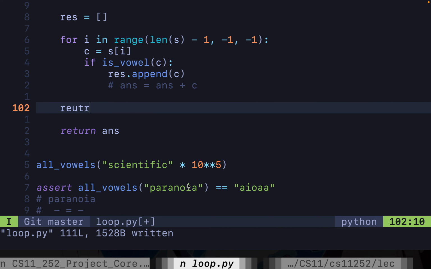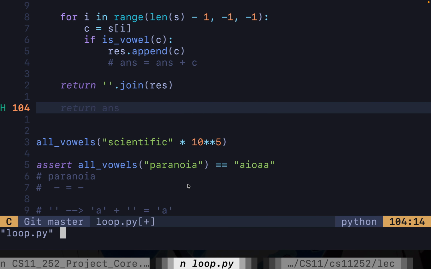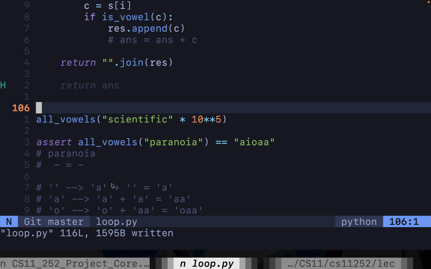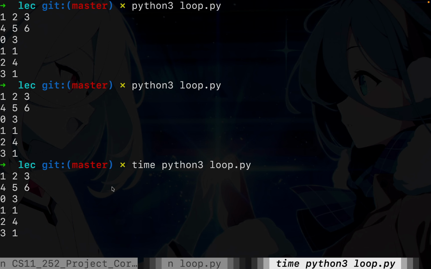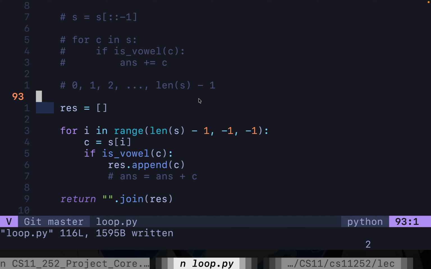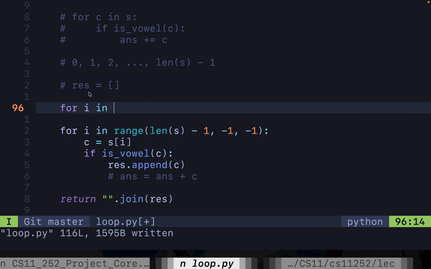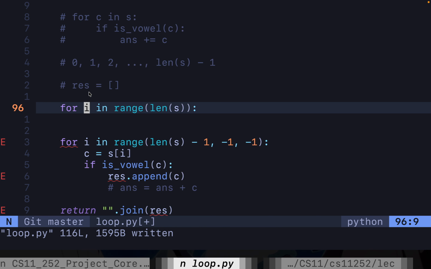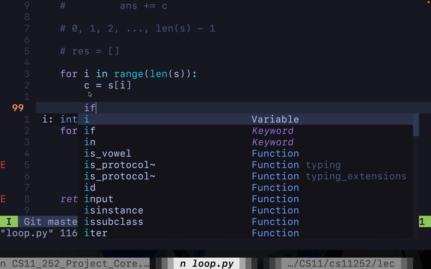So this is actually slower than the counterpart of doing it like this, since strings are immutable. Compared to the earlier solution, joining them at the end, this is slower because strings are immutable. And just like tuples, whenever you add strings, you make a new string every time. So if you try a large input, for example, let's say we have our solution here, then we try to run it on this very long string. This is scientific notation, 10 raised to 5. So this is a very long string. And if we try to run it here,